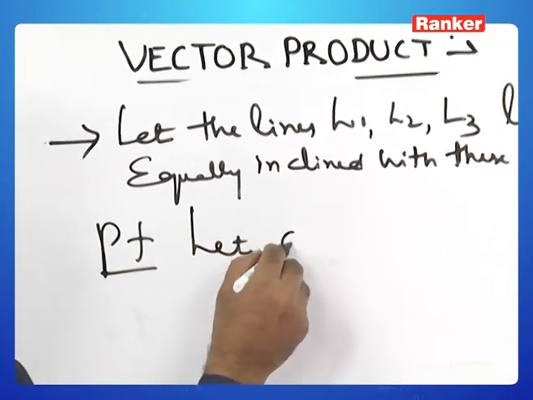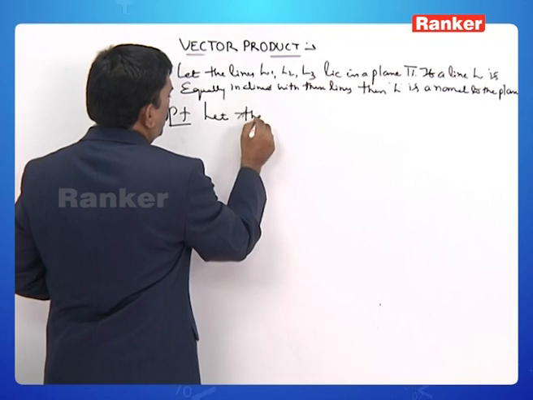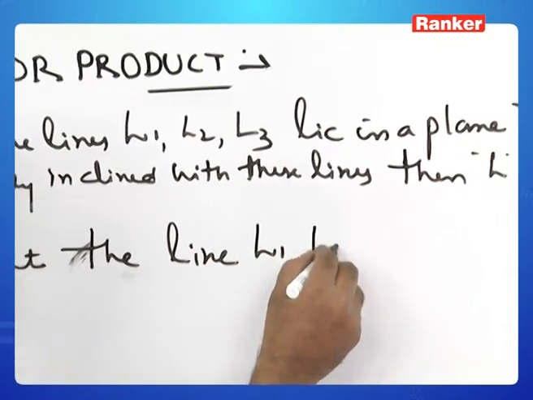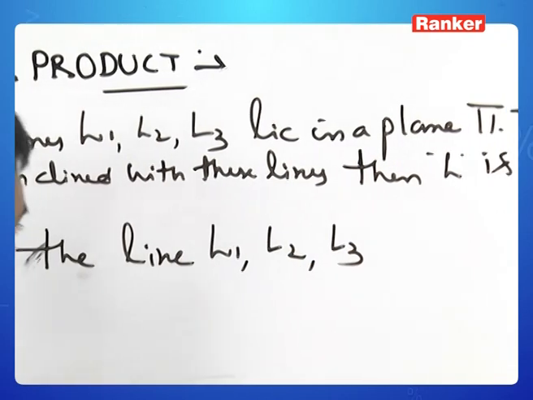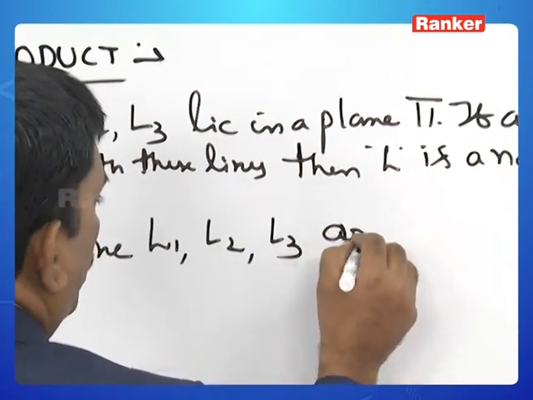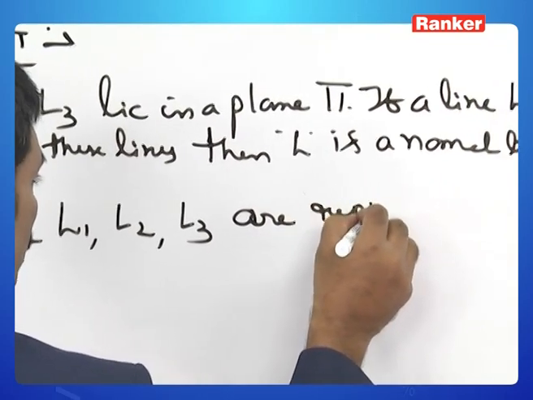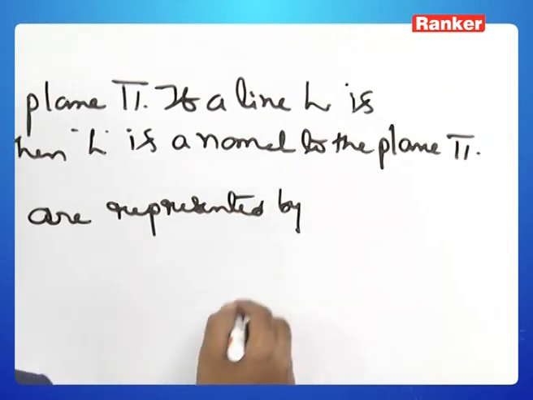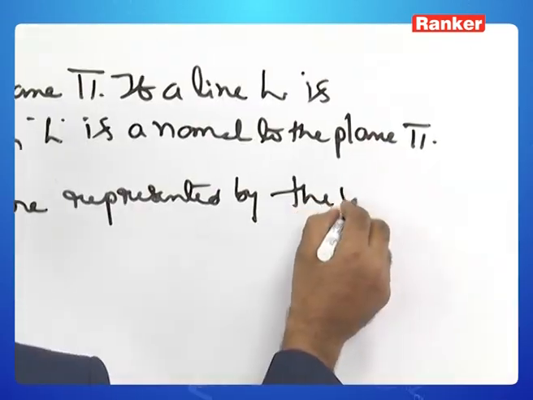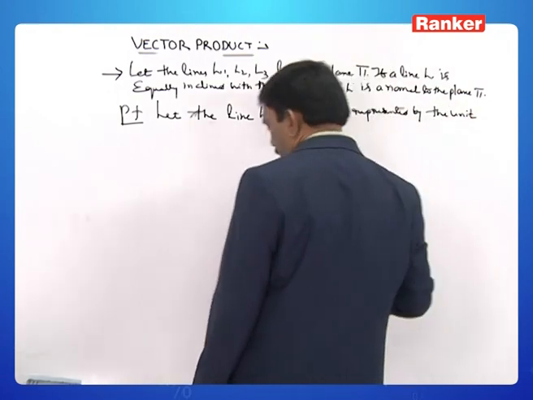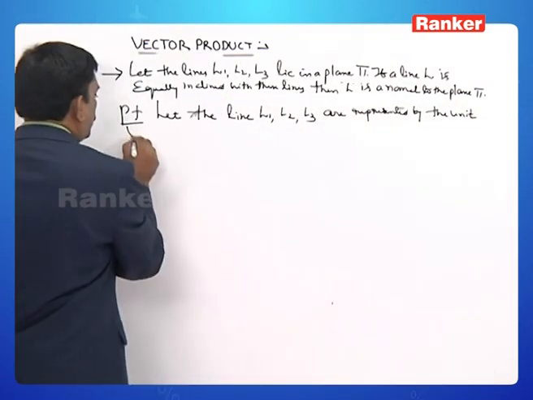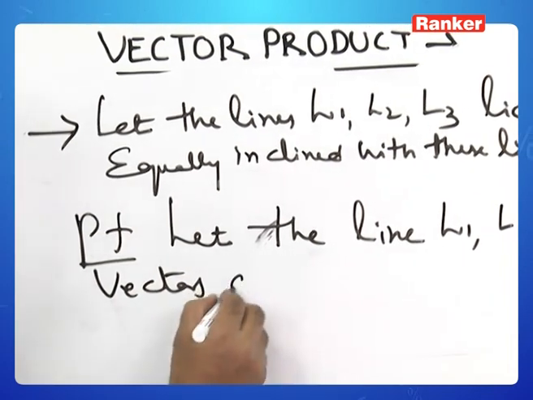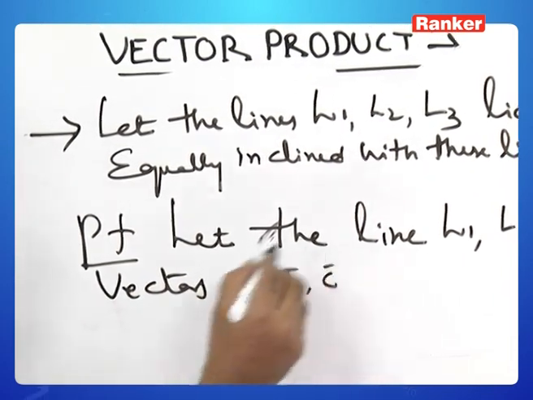Let the lines L1, L2, L3 be represented by the unit vectors A bar, B bar, C bar,